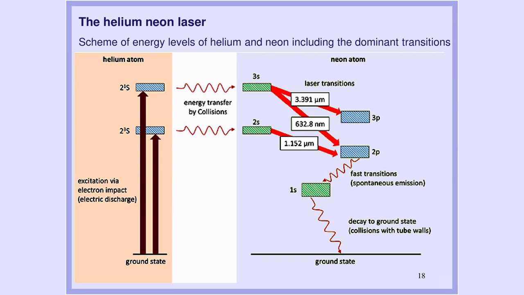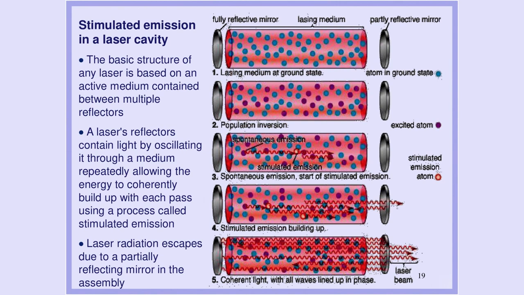This you can see in the diagram of this slide. If a system of atoms is forced into having the higher energy states overpopulated, the emission of a single photon during a transition to the lower state by one atom will trigger the emission of photons by many more atoms. A schematic diagram of a laser in the slide shows the helium-neon mixture placed between fully reflective and